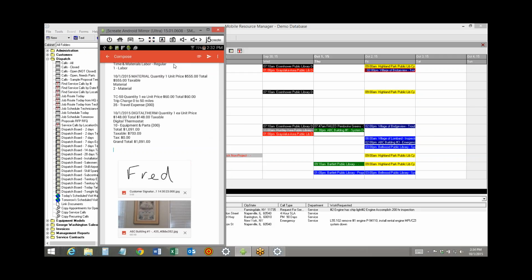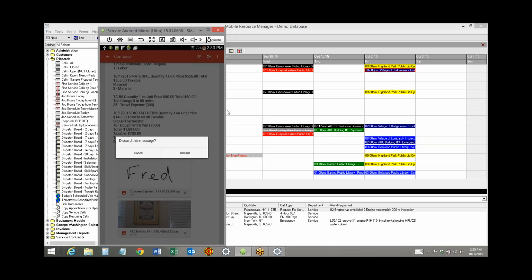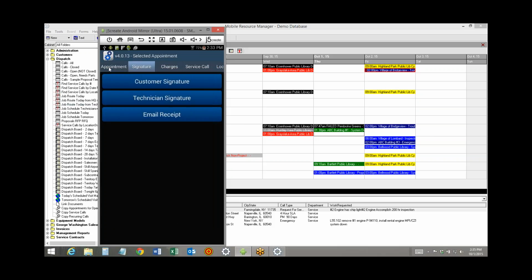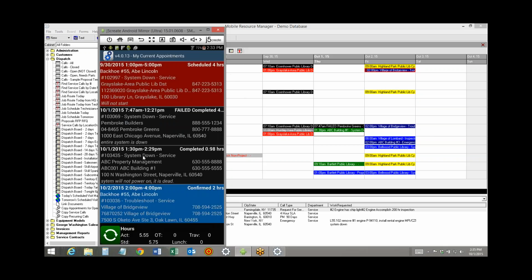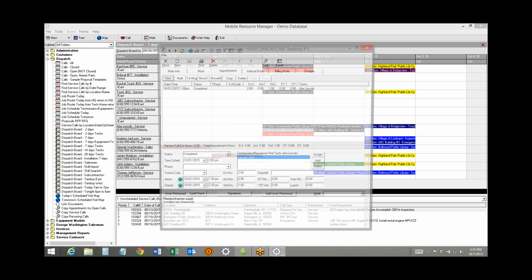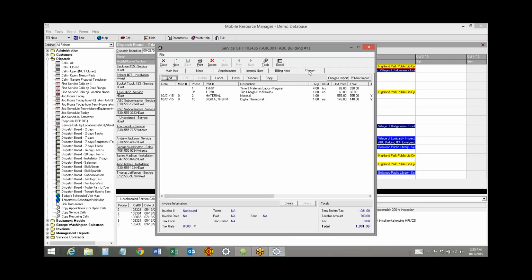Now, all that information that we have done in the field is getting sent back to the office. So this information that we've got, now that call has gone to black because we've completed it. So back here in the office, the call went to black. Okay, and then you can see it, and you can see the charges, and there's the digital thermostat we added in the field, and